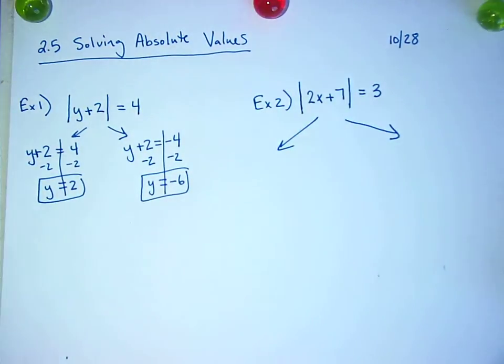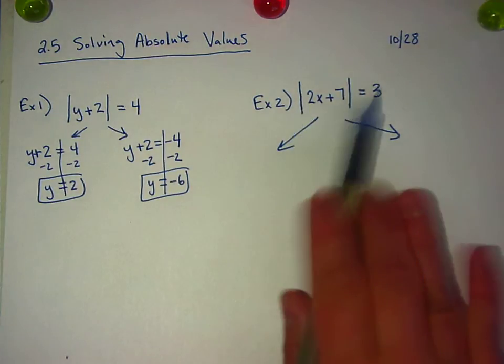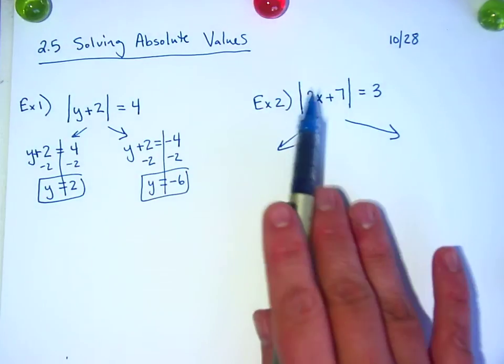2x plus 7 absolute value equals 3. You're going to want to write two equations. The first one looks just like this without absolute values, and the second one is going to look just like it except